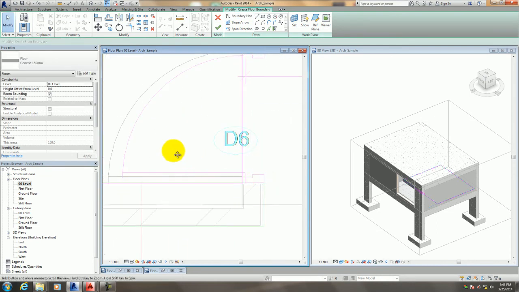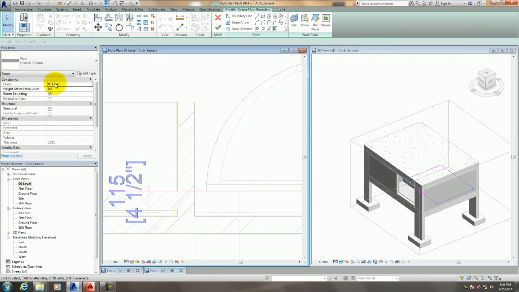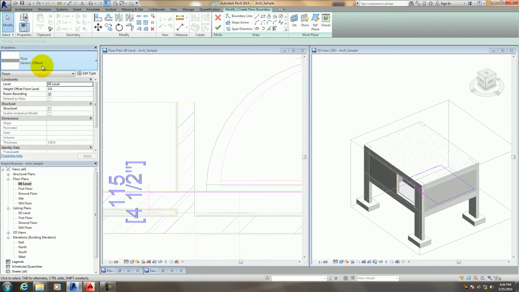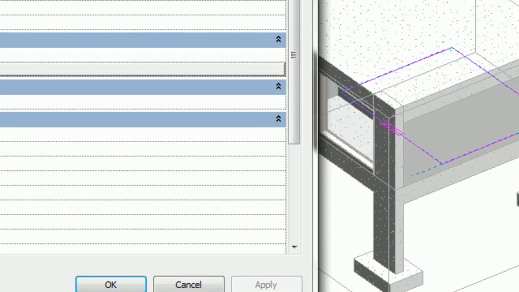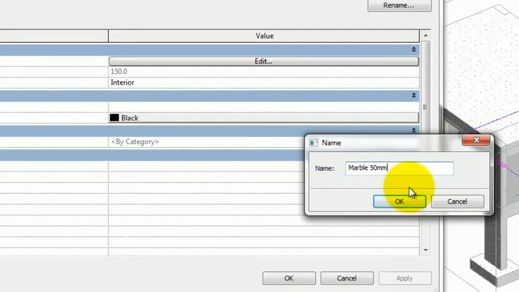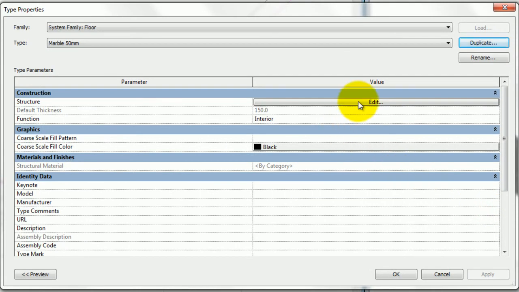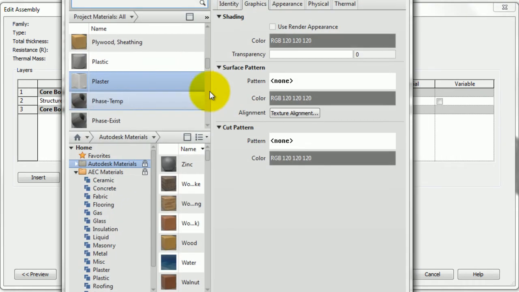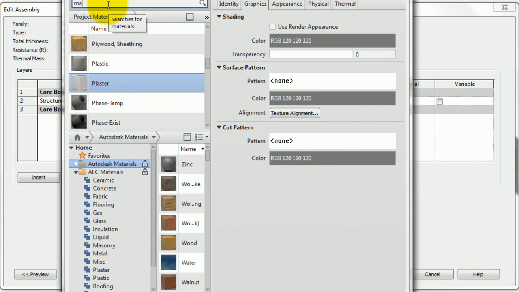I'll say okay, and in the properties tab you can see the level is 00 level, and here the floor is generic 150 mm, but I don't want a 150 mm floor finish. I'll say edit type, I'll say duplicate, I'll say marble 50 mm, and I'll say okay. And again I'll go to the structure tab, I'll say okay, and from here I'll set the thickness 50 mm, and for material I'll go to this tab, I'll say marble,